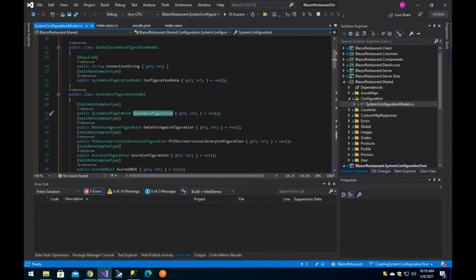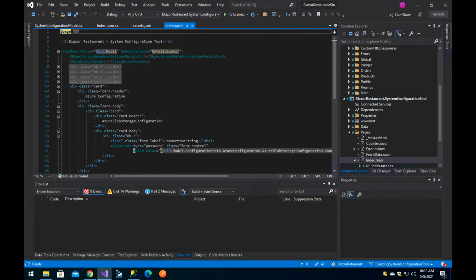Then we have the index.razor. And here you see that the thing that I did is, okay, we created the header, we put that it's Blazor Restaurant dash system configuration tool, whatever name you want to have in there, right? Then you do this object graph data annotation validator and put the validation summary. Now,